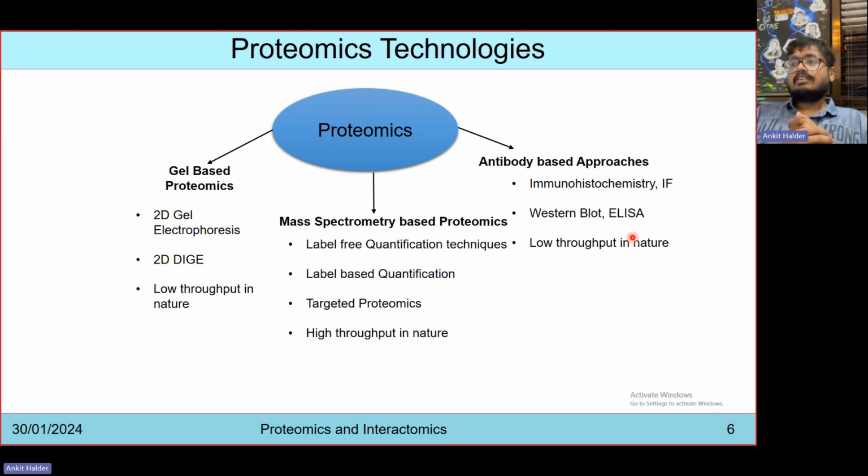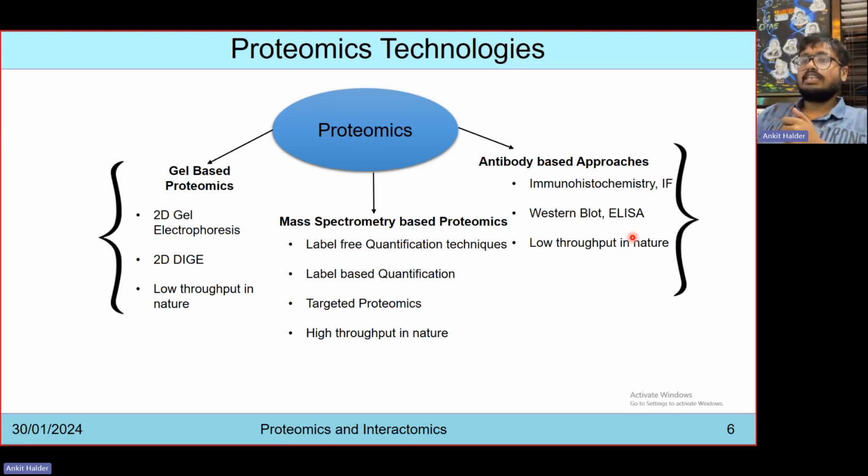So Western blot, ELISA, but still these are some of the gold standards being used by labs and clinics. Many confirmatory tests for different diseases are still done by Western blot and ELISA, but these techniques are themselves low throughput in nature, with varied constraints. Now again, if we divide the field of proteomics,